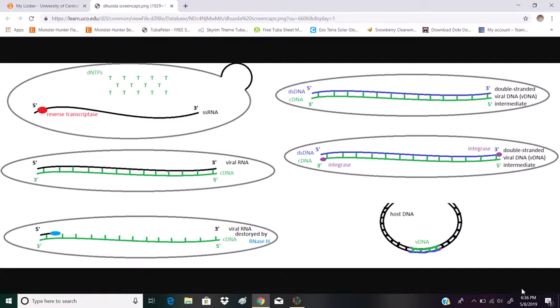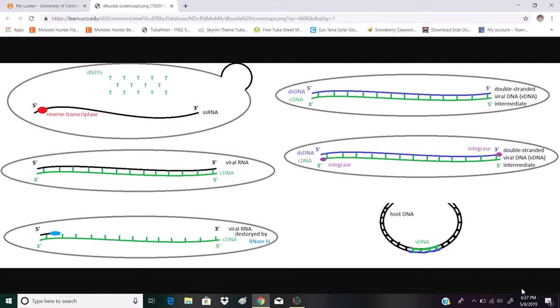This process requires several other components as well, including specialized enzymes like reverse transcriptase and integrase, and the dNTPs floating loose in the cell's cytoplasm. Reverse transcription is so called because it synthesizes DNA from RNA instead of the other way around, synthesizing RNA from DNA, which is the normal direction for transcription. For this video, I'm going to go ahead and use retroviruses as my example, specifically the HIV virus, since it's